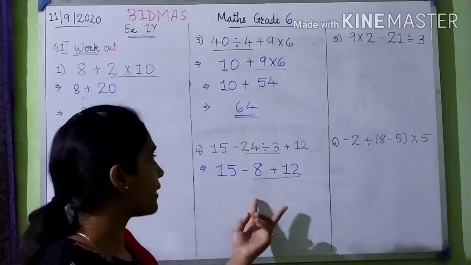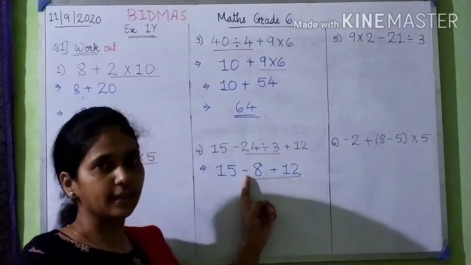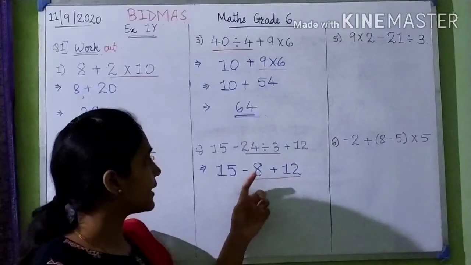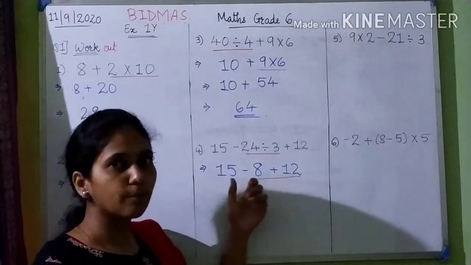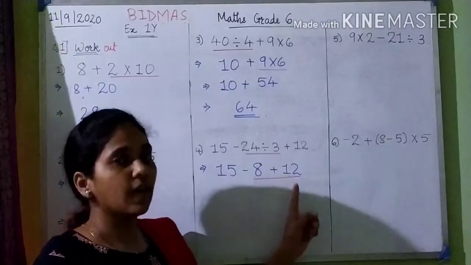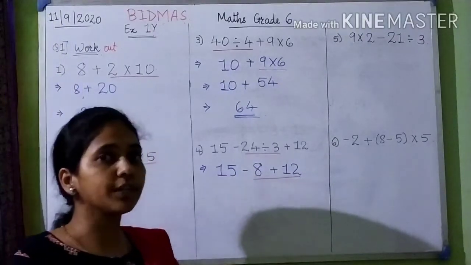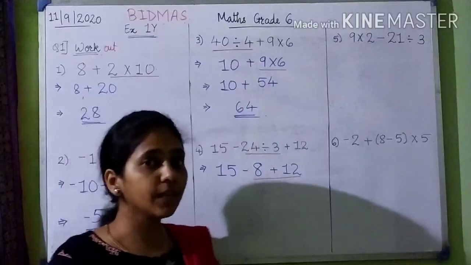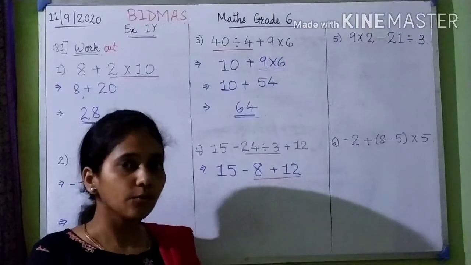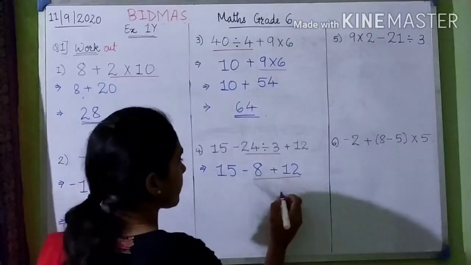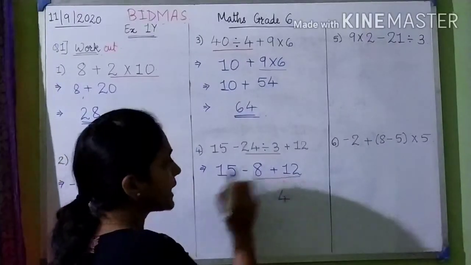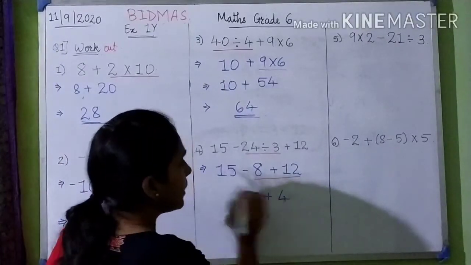So first I will take the minus sign of this 8. So what I get is minus 8 plus 12. So minus 8 plus 12: one number's sign is negative, the other number's sign is positive. So according to the sign rule table, we subtract them. So what is 12 minus 8? 12 minus 8 is 4. So I write 4. The greater number is 12 and 12 has a plus sign, so this also will have a plus sign.